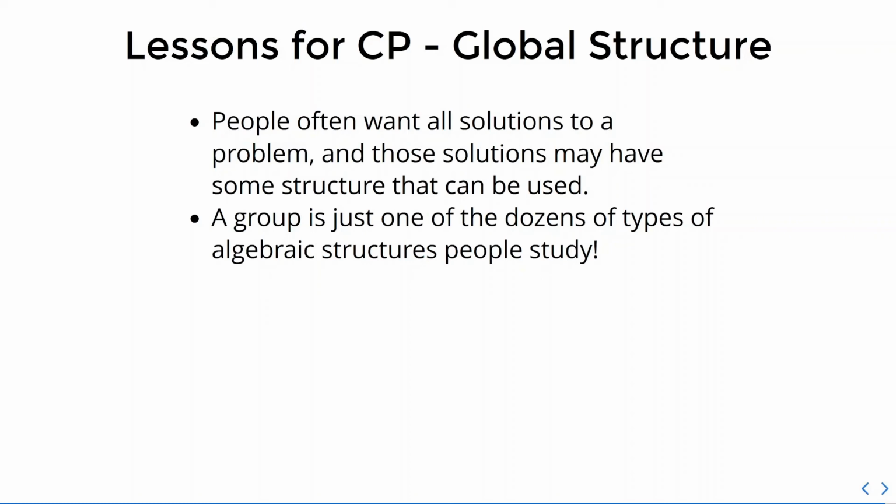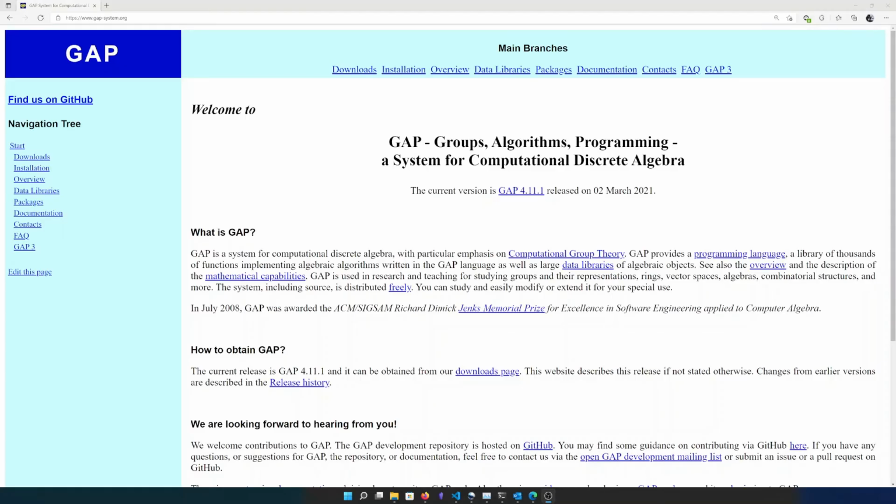I am now going to demonstrate the system we built in action, just so you can see it running. The Vol group theory solver is distributed as a package for the GAP programming language. GAP is a programming language designed for group theory. The reason we do this is twofold. Firstly, many group theorists use GAP, so it provides them easy access to the package in a language they're already familiar with. And secondly, GAP implements many algorithms which Vol itself uses, in particular the base and strong generating set